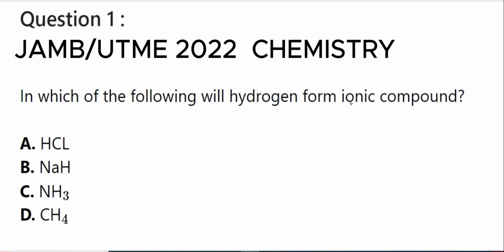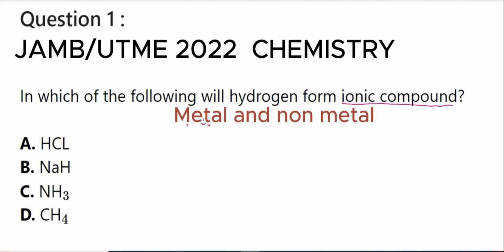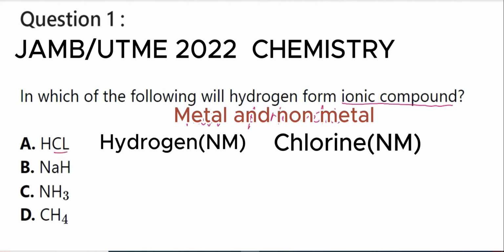Question 1. In which of the following will hydrogen form an ionic compound? Ionic compound exists between metal and non-metal. Option A: hydrogen is a non-metal